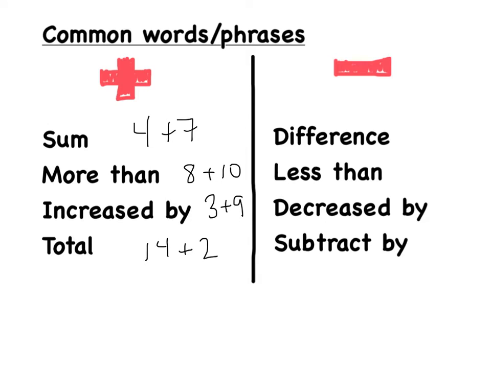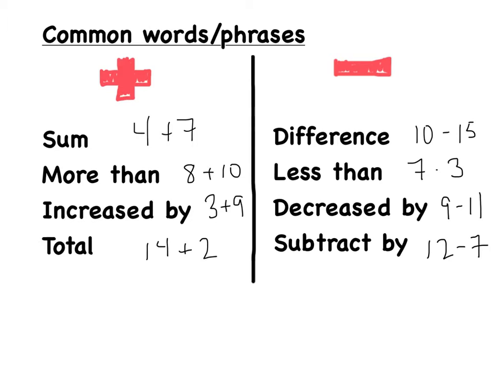For subtraction, some options would be difference, like the difference of 10 and 15. And less than, 3 less than 7. Or decreased by, 9 decreased by 11. And subtract from, like subtract 7 from 12. Be careful with the word phrases for subtraction, because if you notice, some of them where